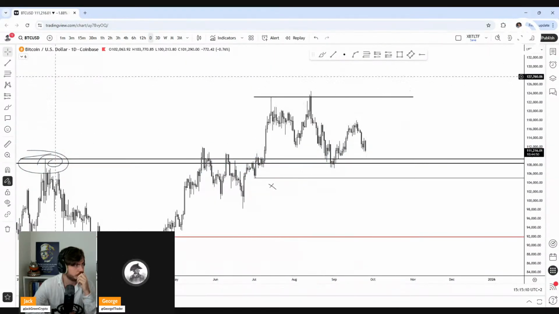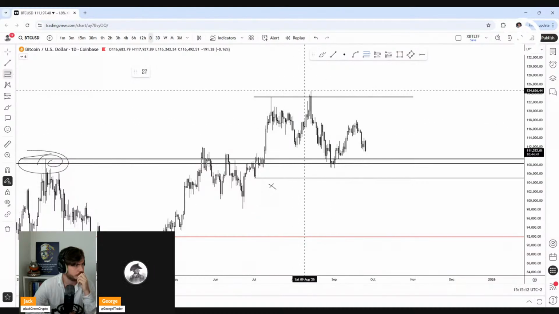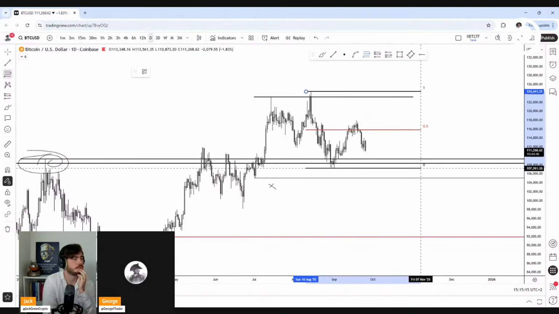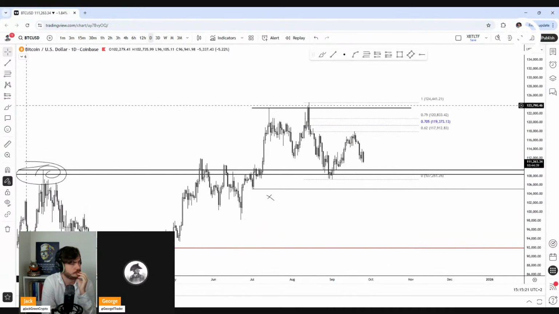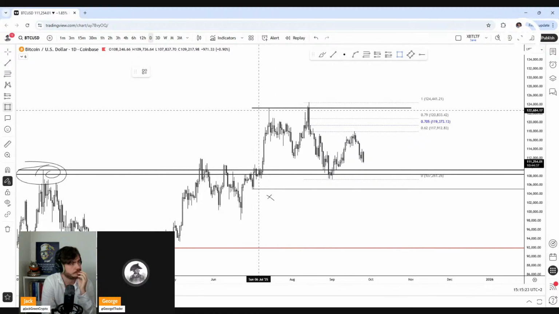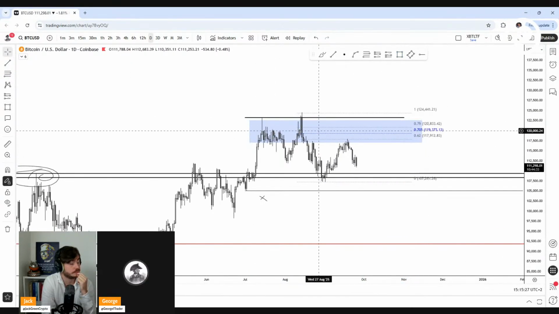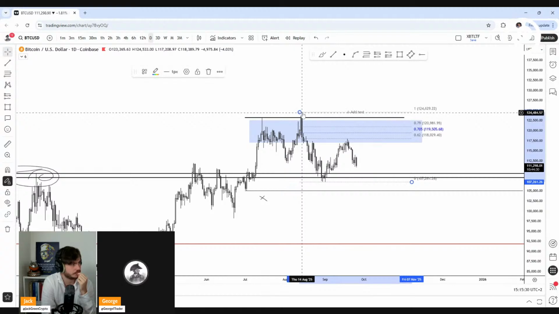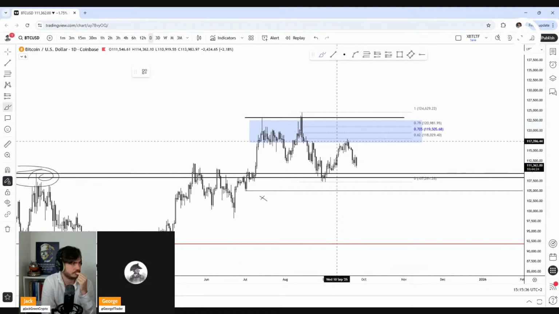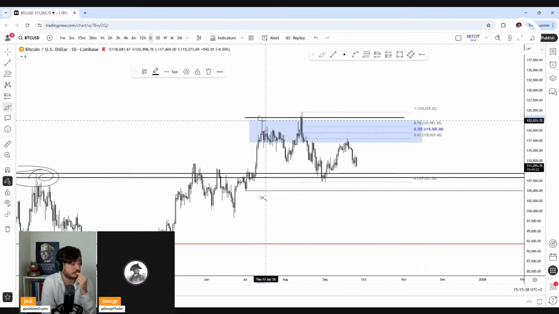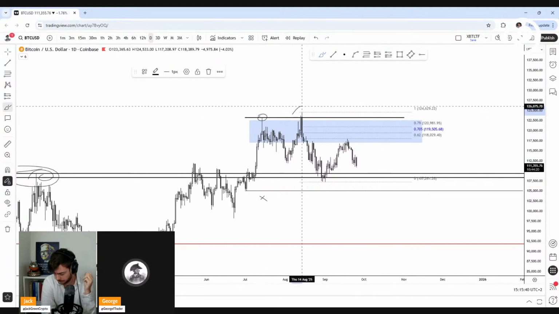As long as we don't reclaim the OTE area, the supply area, and the range high area, all lining up within the same area, right? You have OTE from the last leg, from the high to the low. Look for shorts on the retrace into OTE. You have your supply area resting here in the blue, and you have this key range high level, that monthly level that got swept here.